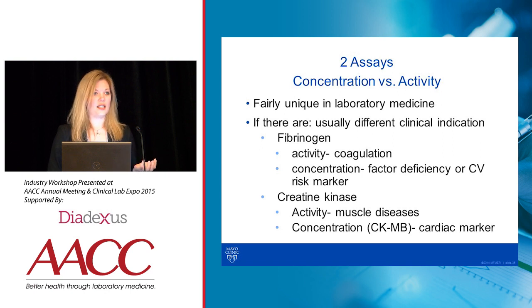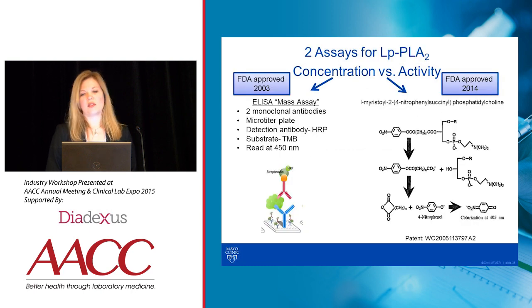Or creatine kinase: of course, we can measure total enzyme activity here for various muscle diseases, or we can measure, of course, the specific isotype CKMB that has really fallen out of favor but used to be used highly for cardiac marker. So in this case, we have two different assays that actually measure LP-PLA2 for the same clinical indication,